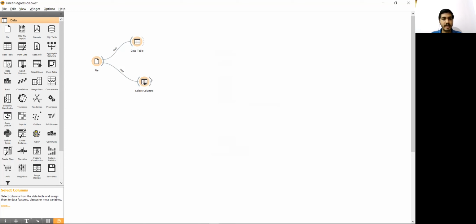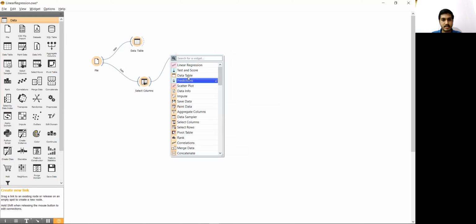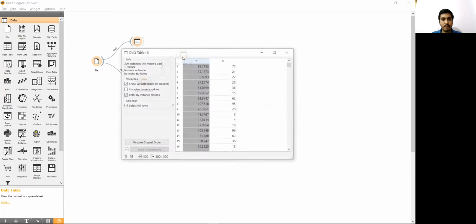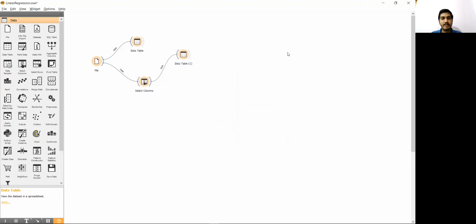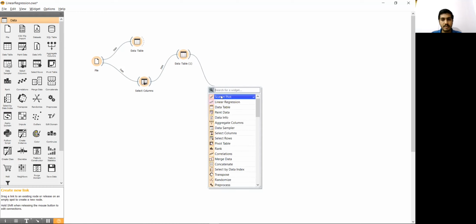Now, to view the data, we could just select it and select the data table. So these are the selected data where X is the predictor and Y is the target. Next, we have to apply the concept of linear regression. To do that, click and drag over here.